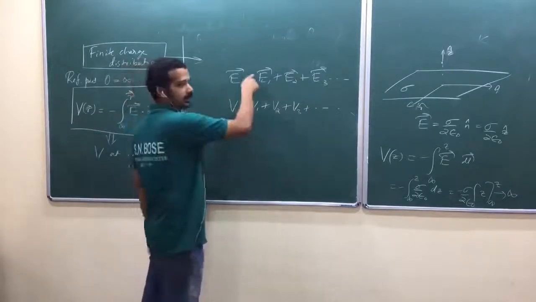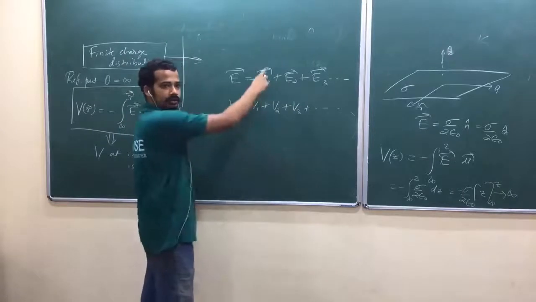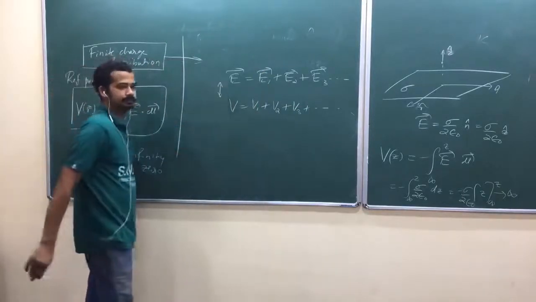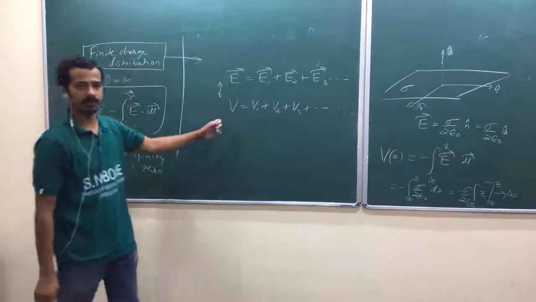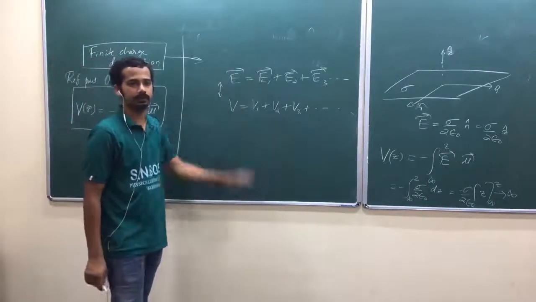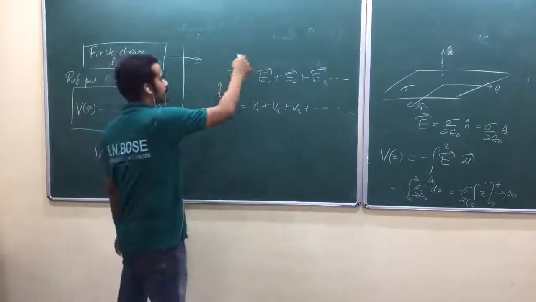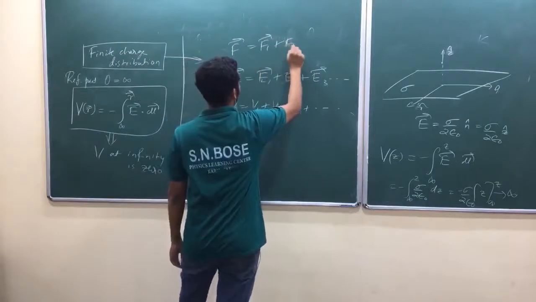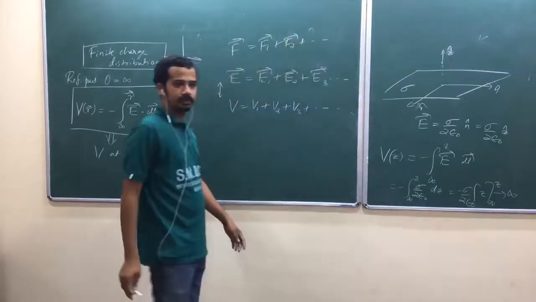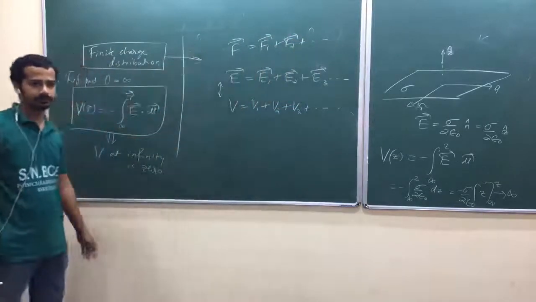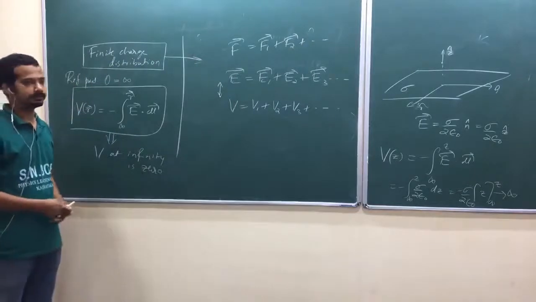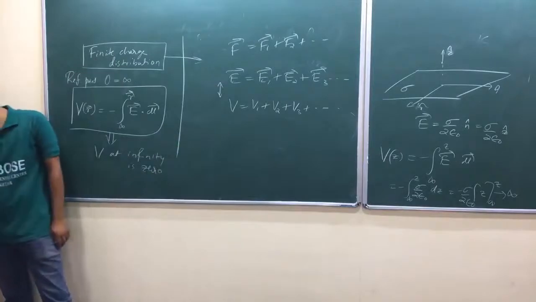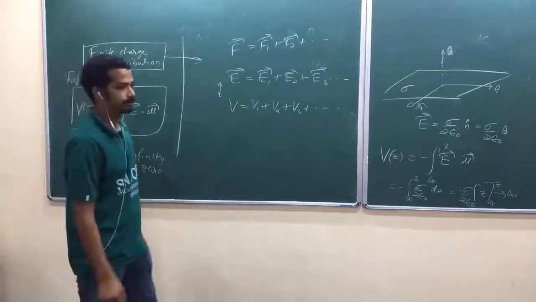Now take the gradient, you will get this one. Take the negative gradient, you will get this equation. That's why these two are in one-to-one correspondence. You can write potential like this, because if you take the gradient, you will get the electric field. Again, if you multiply by your test charge, you will get forces, am I right? F is equal to F1 plus F2 plus and so on. So we started with the force very early. So force, electric field and potential all follow the superposition principle.